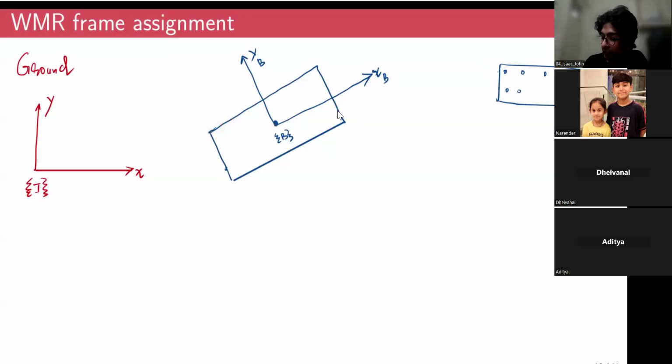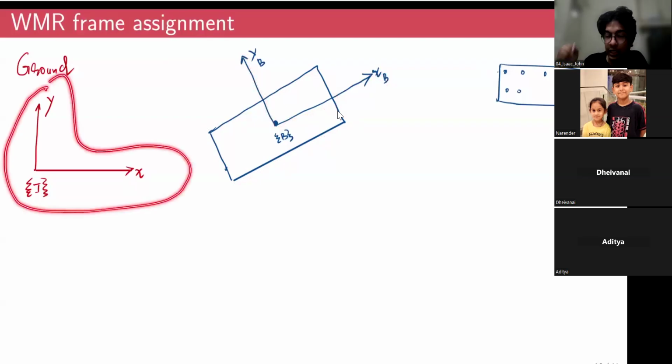So the position of the rigid body can be described by the position of the coordinate frame, and the orientation of the rigid body can be described by the orientation of the body fixed frame with respect to the ground fixed frame,